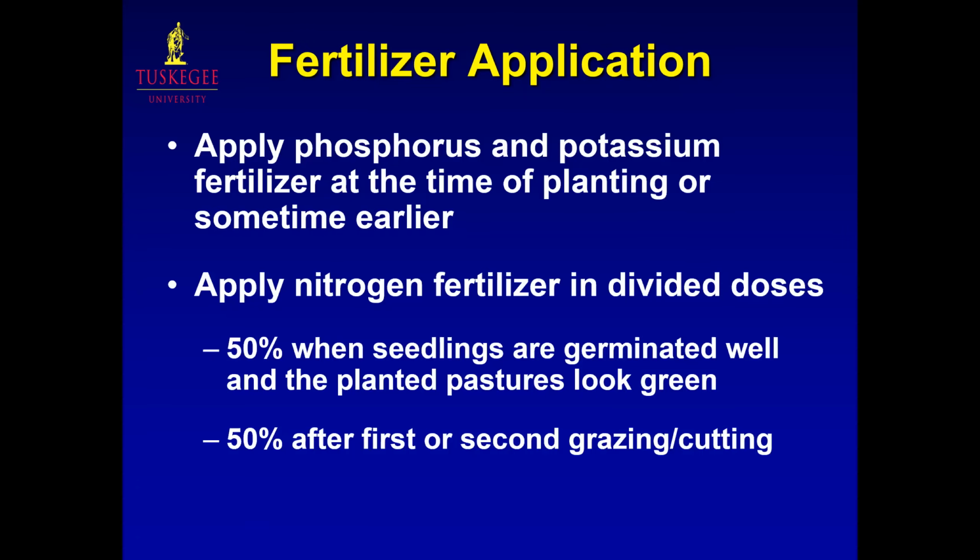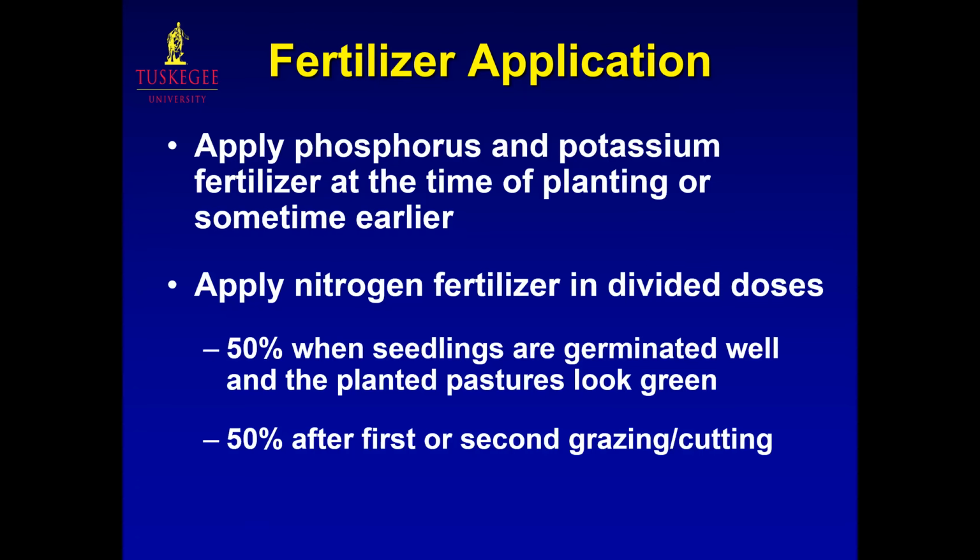So when most of the seeds germinate and develop a couple of leaves and they look green in the field, that's the time to apply the first dose of nitrogen fertilizer. Apply 50% when fields look green,